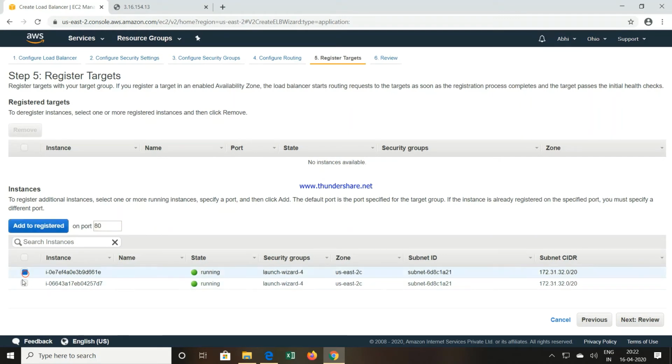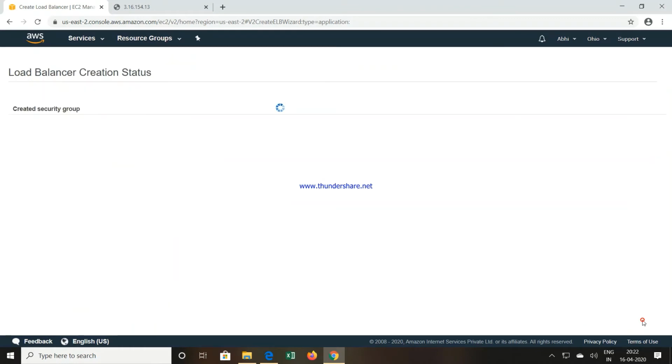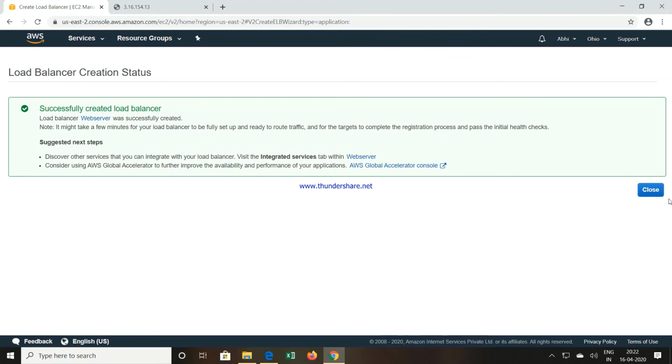So select both the instances and say add to registered. Now remember, whatever target name you have given, ABCD, in that target, both these instances are now being added. And now click on next, say create, and now that load balancer will get created.